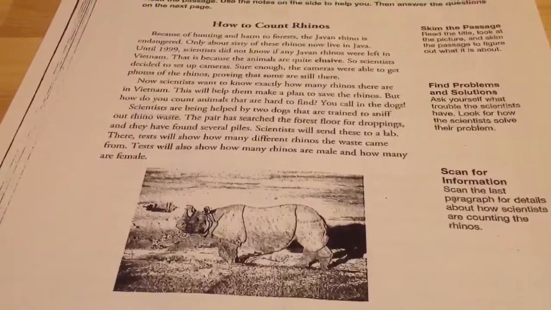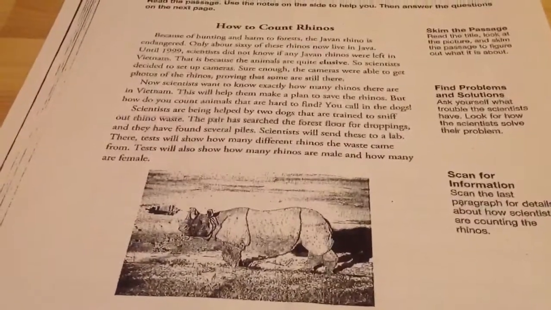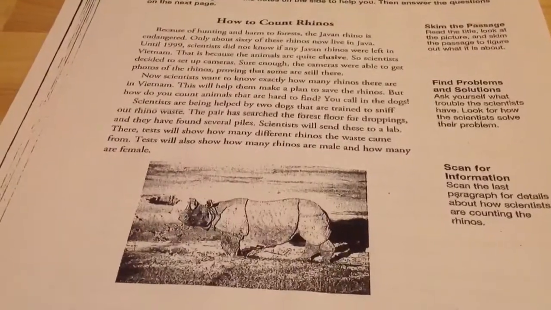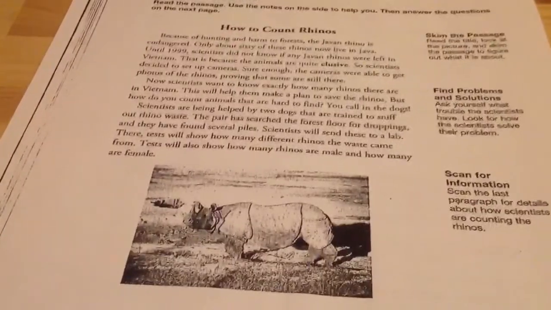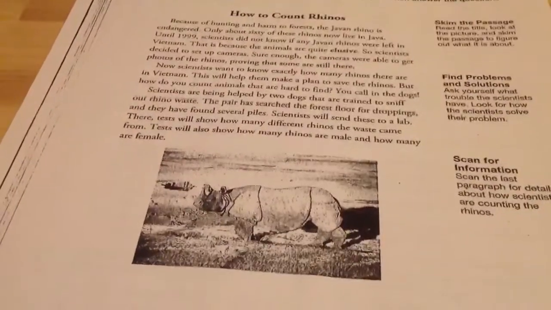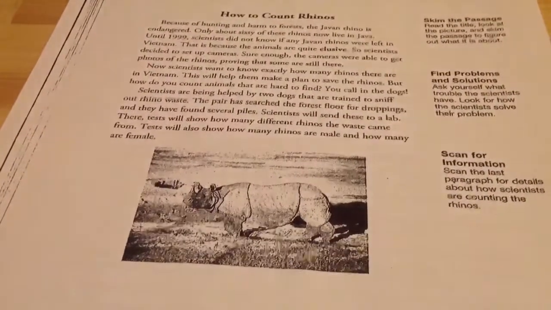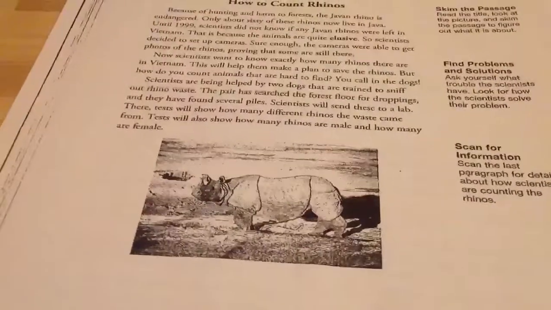But how do you count animals that are hard to find? You call in the dogs. Scientists are being helped by 2 dogs that are trained to sniff out rhino waste. The pair has searched the forest floor for droppings, and they have found several piles. Scientists will send these to a lab. Their tests will show how many different rhinos the waste came from. Tests will also show how many rhinos are male and how many are female. Wow, that is very interesting. Let's go ahead and turn our page